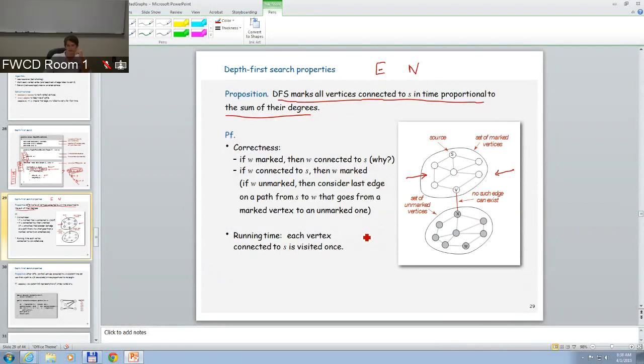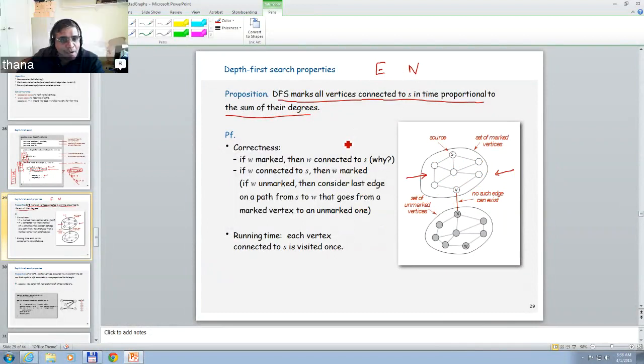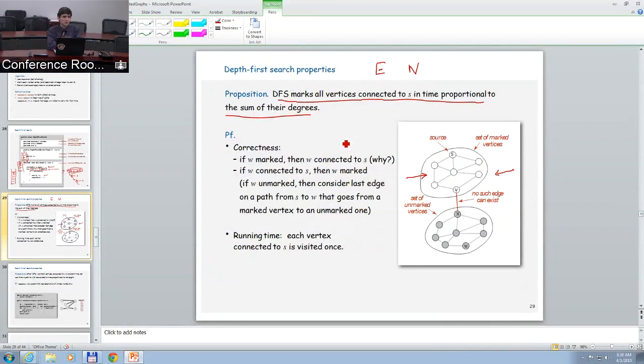Is it 9? Is it 9 or is it 2 times 9? Oh no, yeah. Because wouldn't it depend on the configuration of the graph? Will it? That's my question. That's what I wanted to see. Will it depend on the configuration of the graph? I think it probably would, because